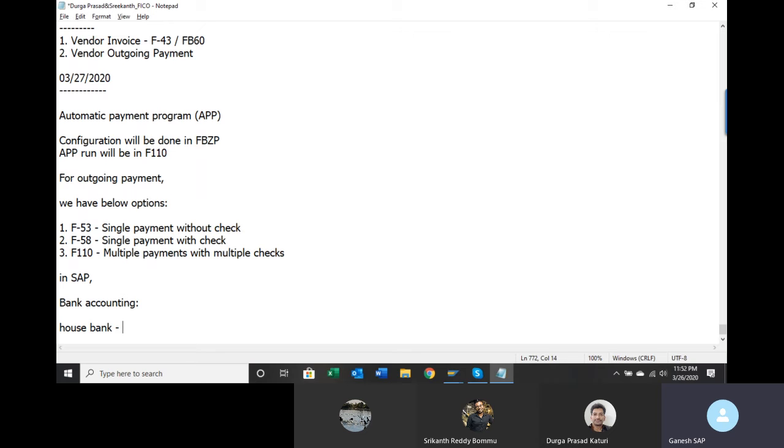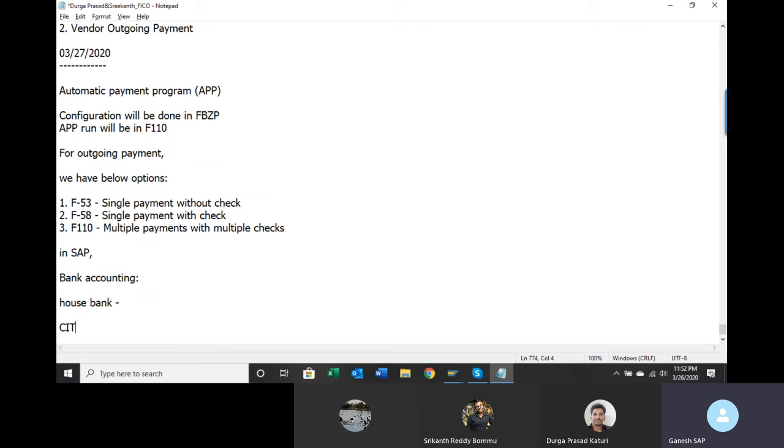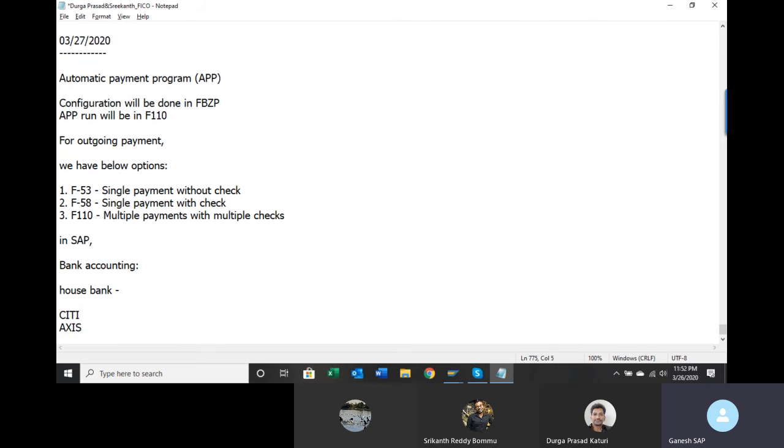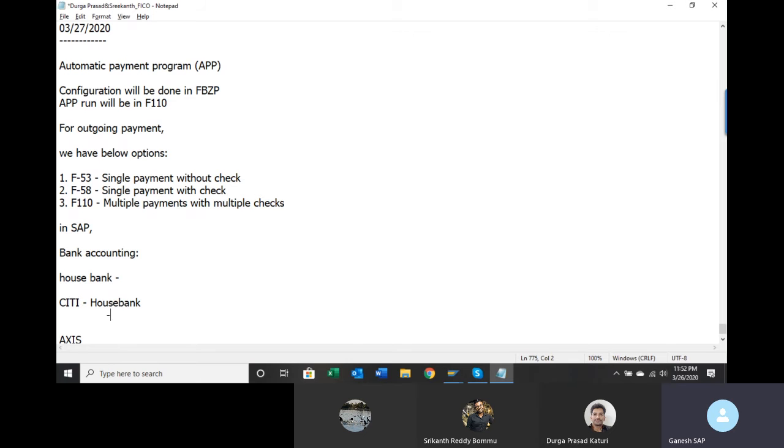Okay. So for example, you have Citi and Axis. In this, we can have multiple bank accounts. First you will create Citibank as a house bank. Under that, assume that you have a current account. You just give some code. This is called the account ID.